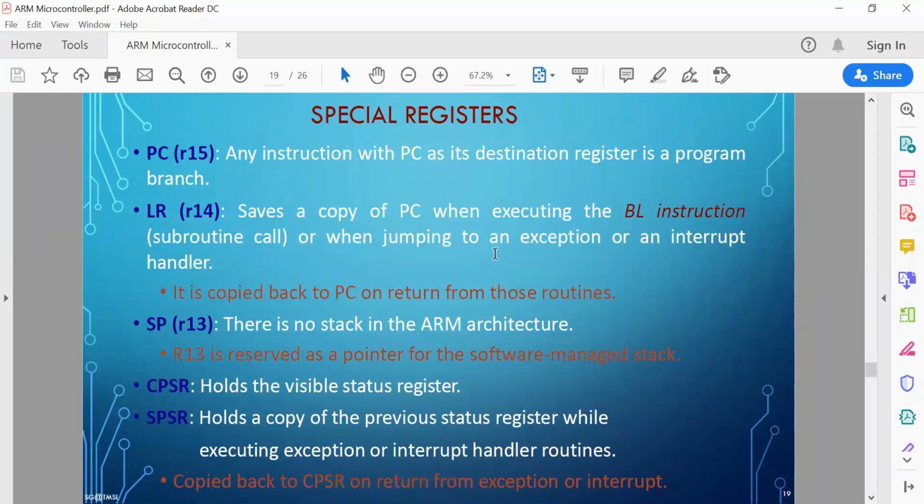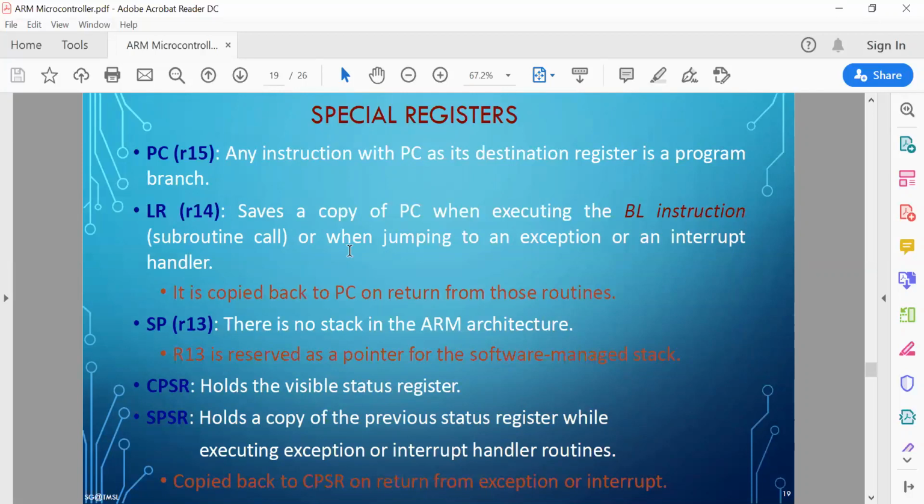Now in ARM, the subroutine call instruction is called BL, branch and link, and it specifies the address where to branch. Before branching, the current value of the program counter will be saved into the R14 link register, and then the specified destination will be loaded into the program counter. When you are coming back, the value of the link register will be copied back into the program counter, so you resume execution from where you left.